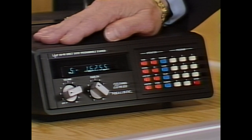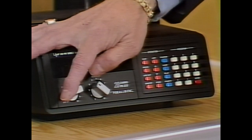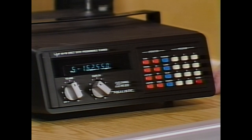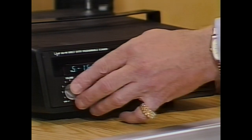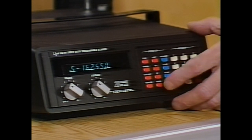162.55. And again, you notice audible feedback. Enter. We're on frequency. And there's weather. Should we decide we don't want to hear weather in order to hear other frequencies, we'll lock it out, go